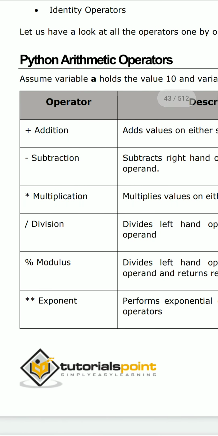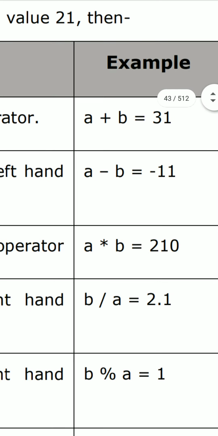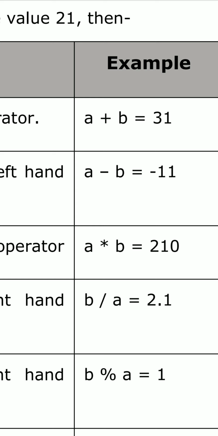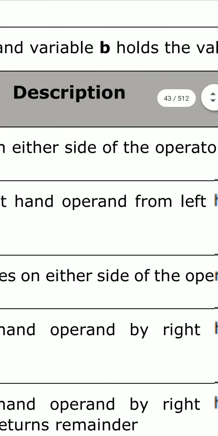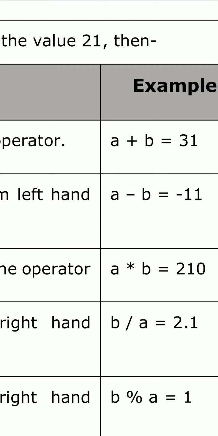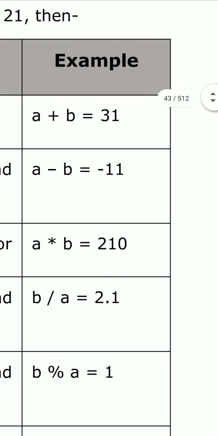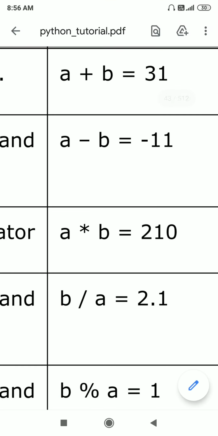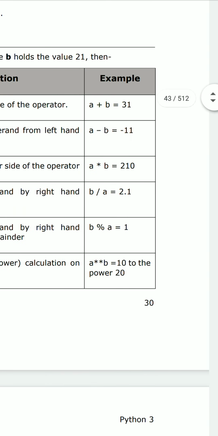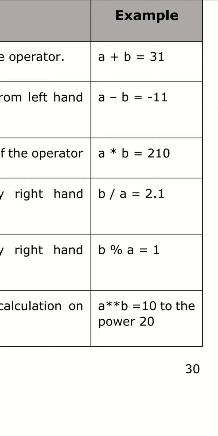The next operator is the subtraction operator. Consider a and b as operands; we perform the subtraction operation on a and b, and the minus symbol shows the subtraction operator. The next one is multiplication: we can multiply the two operands a and b, which is why it is called the multiplication operator. Next we have the division operator: a and b are the two operands, we perform the division operation, and then we get the value.